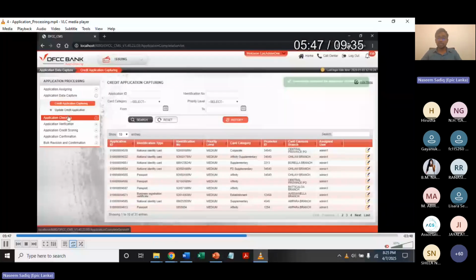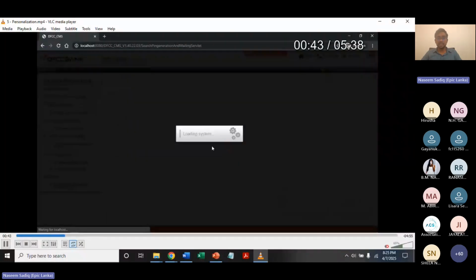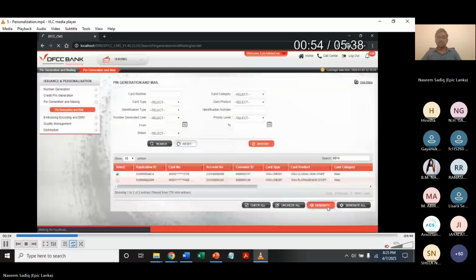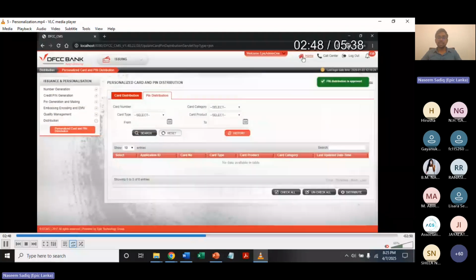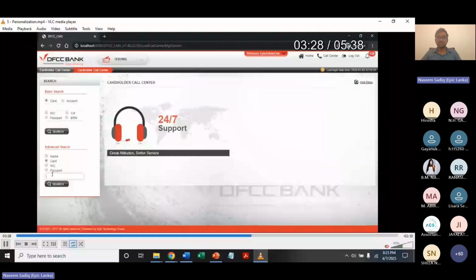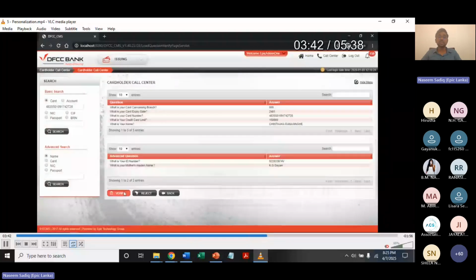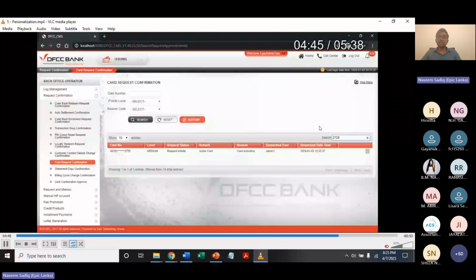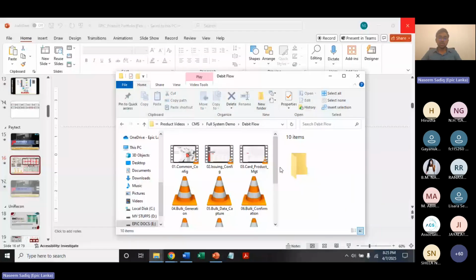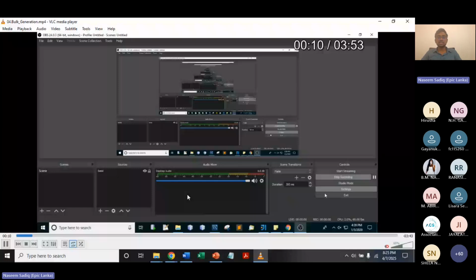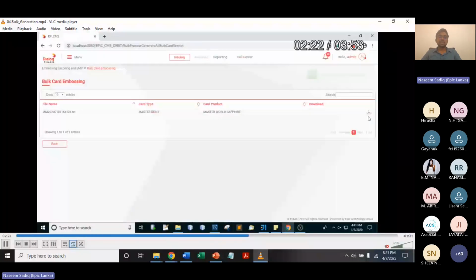And now you might have to get the plastic card, right? How your numbers are being generated, how your pins are being generated, how you get the pin mailers. So these are all thanks to the technology behind fintech, right? Now you call the call center to block your card, activate your card, get your limits. So the call centers will also use a technology of this nature, right? Whether it is debit or credit, everything is the same. At a branch level today, you go and get a debit card, right? So how they generate bulk cards, how they quickly give you cards, all of that is again because of the